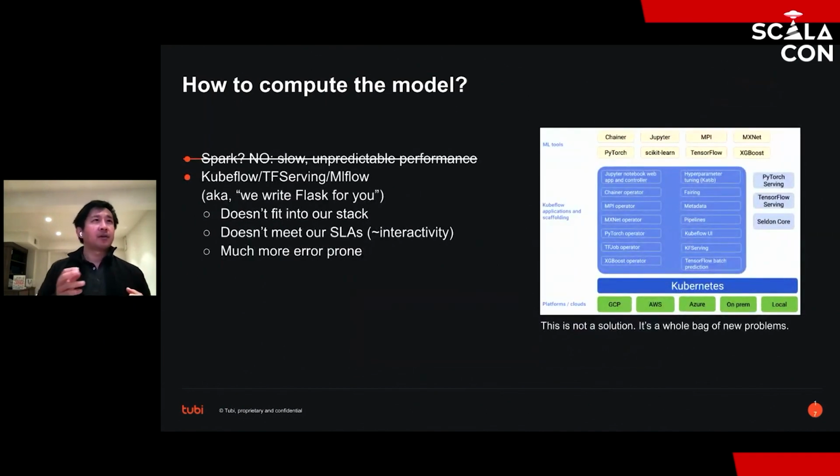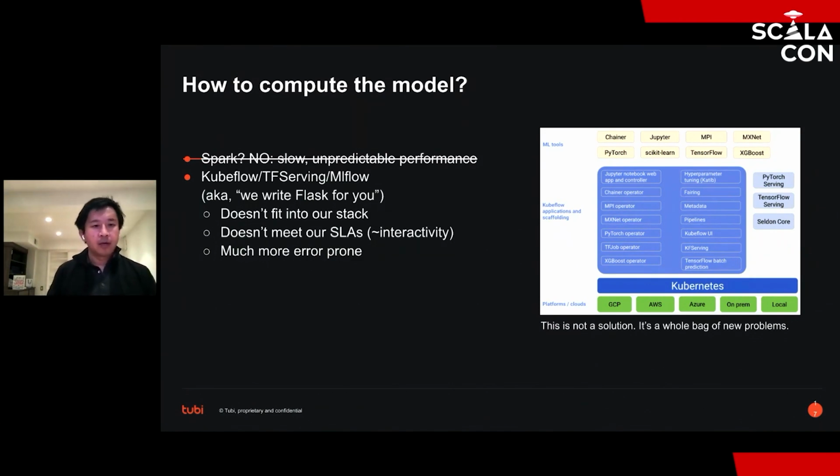The next thing we looked at are, kind of these all-in-one frameworks like Kubeflow that have KF serving, or like MLflow with MLflow serving, which I indifferently call a, we write Flask code for you type of serving engines. One, it doesn't really fit into our stack, because most of these are Python based. It doesn't really meet our SLAs, right? Remember it's that the user goes to 2b.tv, and we want to show them a personalized home screen as quickly as possible.